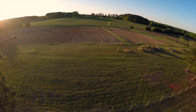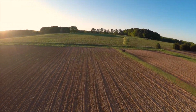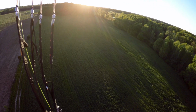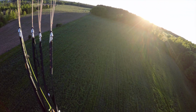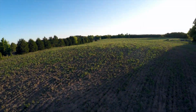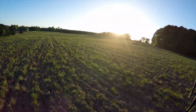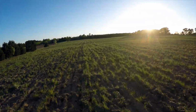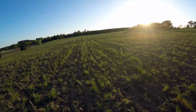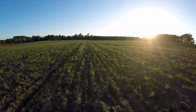The wing that I'm flying is that 19-meter Dominator under the flat top, which I really, really like that combination. It's a little sporty, but it's very smooth, and it responds to every little input, and it has a ton of lift,